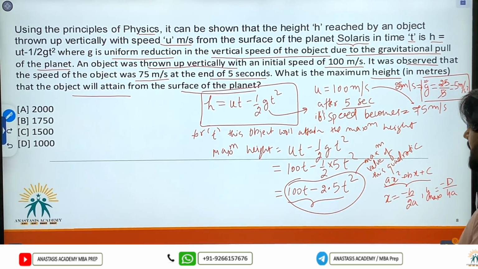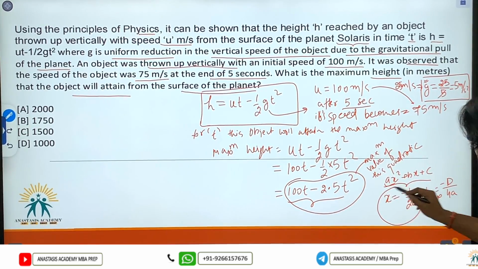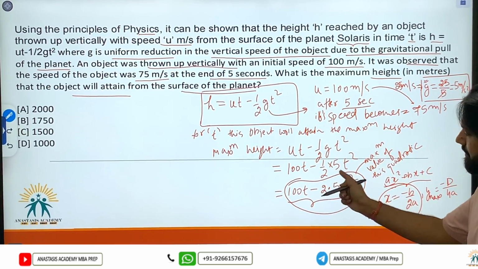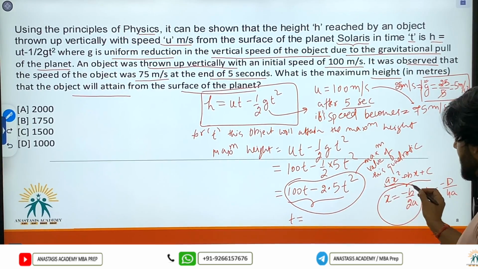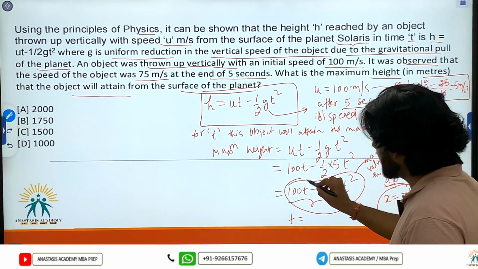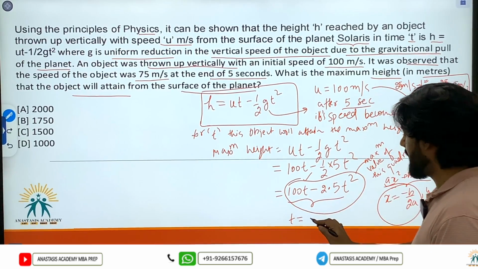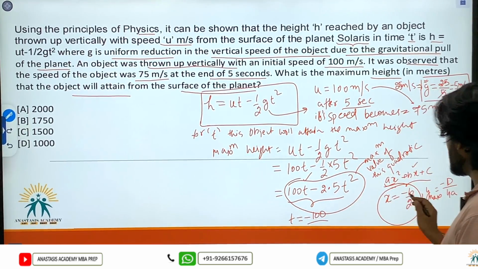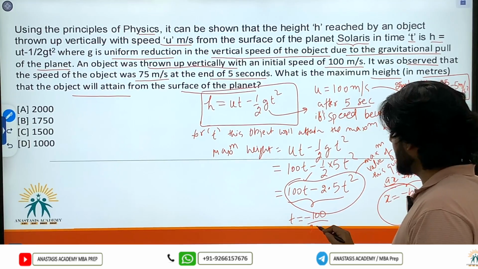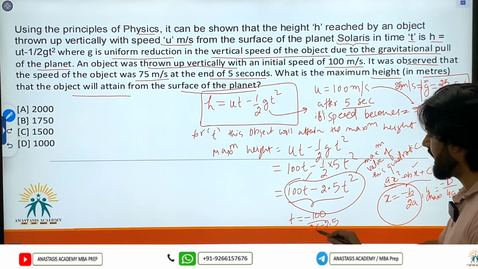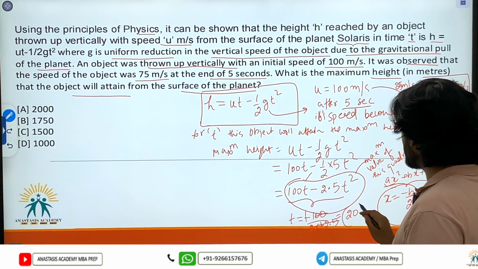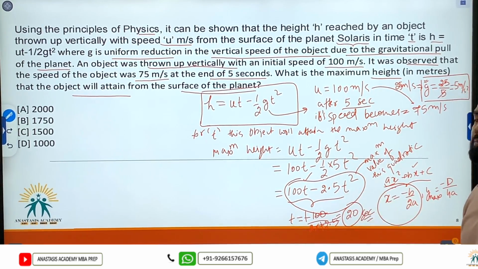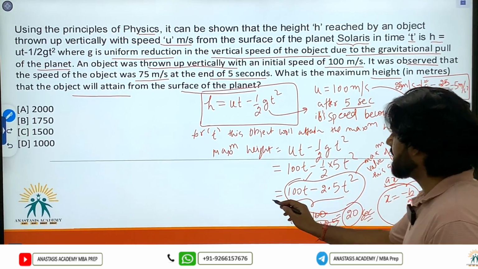So the maximum of this quadratic will lie at t is equal to minus b, where b is the coefficient of the variable. So minus b means minus 100 divided by 2a, 2a means 2 into minus 2.5. Cancel these terms, it becomes 20. So at t is equal to 20 seconds, this object will attain the maximum height, and that maximum height would be